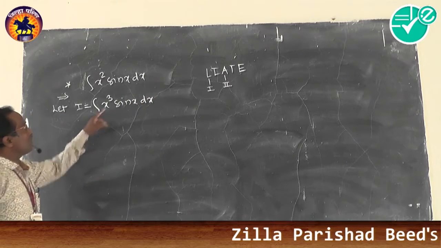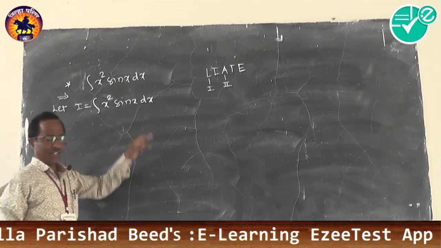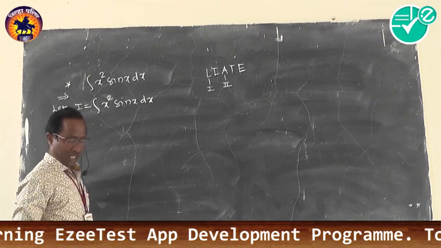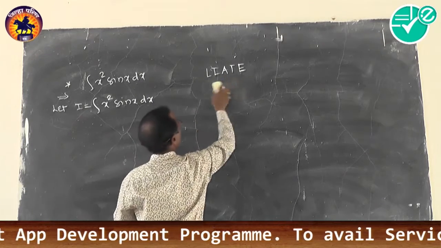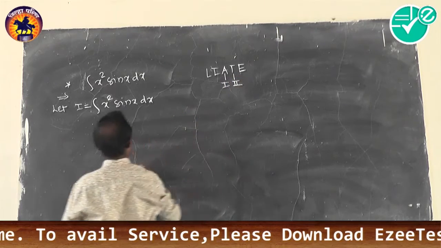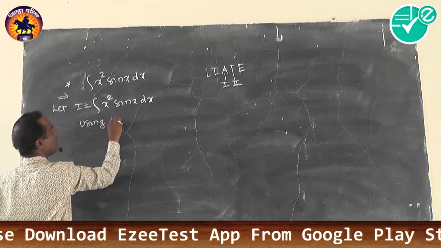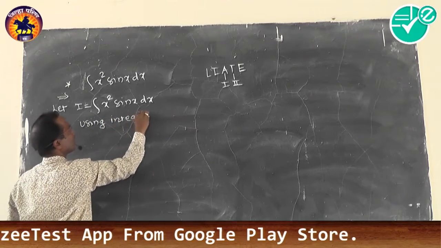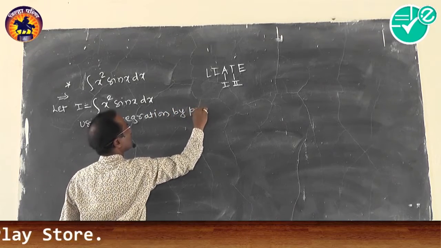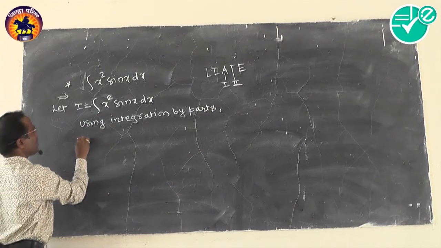Now x square is an algebraic function and sin x is a trigonometric function. So first function algebraic and second function trigonometric. So keep as it is, using integration by parts. First function as it is,